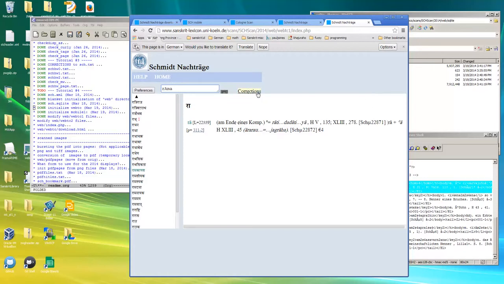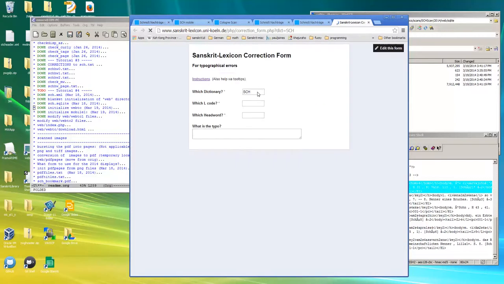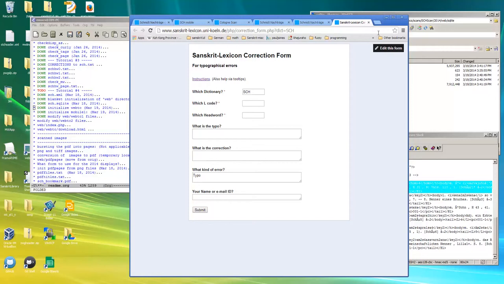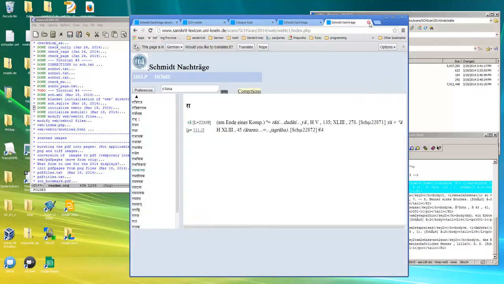Also, there's a facility for supplying random corrections that a user might discover. This says edit this form because it's me. Normally that wouldn't appear. So users can enter corrections and submit them to me, and I don't yet have developed a good system for processing those, but as the need arises, that system will be developed. So I think that's